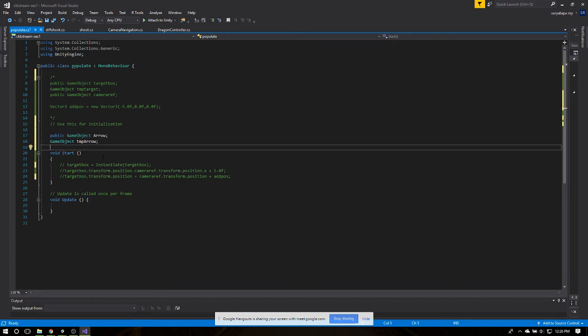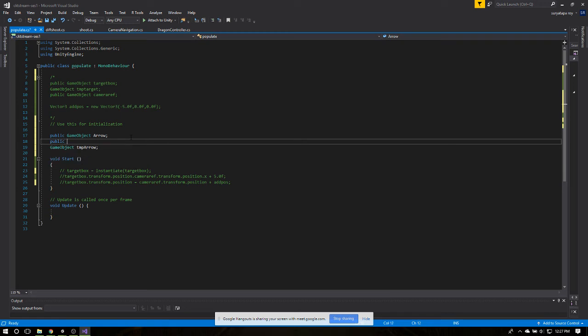Something might happen differently, and we need to go over that concept as well. So game object temp arrow, and a public game object reference point. Instead of this reference point, you can also take something like a transform. So a transform reference point,